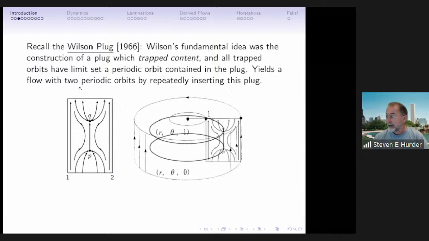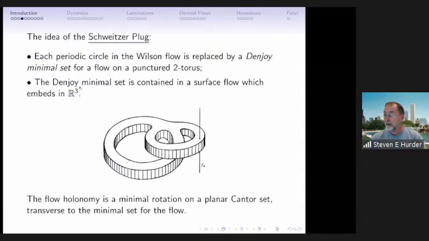And he used the attracting periodic orbit to force the flow, modified, to have only 2 periodic orbits, because you could do this process over and over until you reduced it down to 2, which didn't solve the Seifert problem, but said you could attack the problem somehow. And the idea that Paul had was that, well, the circle, it's a circle, but maybe you could replace it with something else. I don't know where the idea popped up from, but he had the idea to put in a Denjoy minimal set.